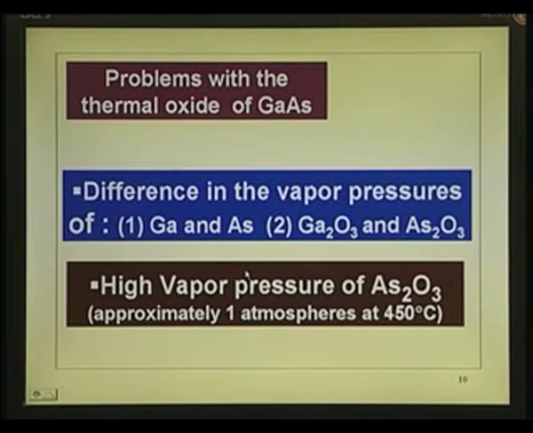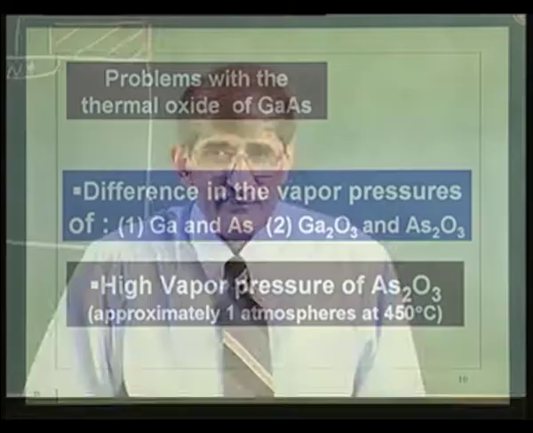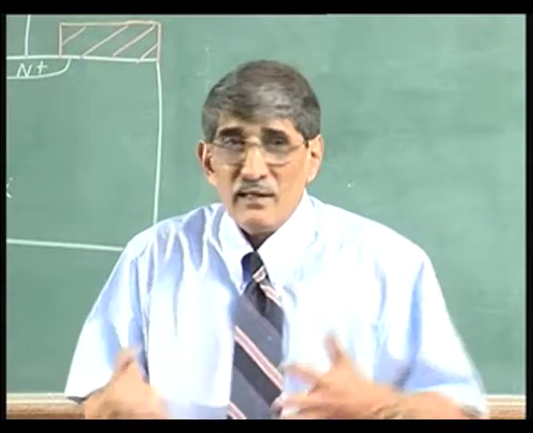Thermal oxide of gallium arsenide. After all, if you succeeded with silicon with thermal oxidation, why not gallium arsenide thermal oxide? Put it into a furnace, remove it and see what happens. Okay. Problem: multiple. You now have not only gallium and arsenic, which have different vapor pressures, you have also arsenic